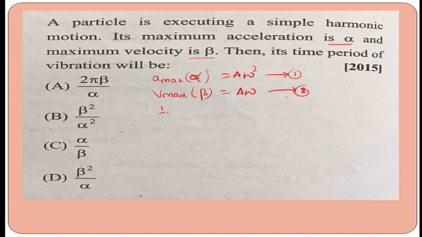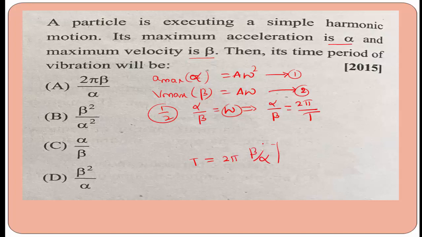Dividing equation 1 by 2, we get alpha divided by beta, it is equal to omega. Therefore alpha divided by beta is equal to omega is equal to 2 pi divided by T, and the time period T is equal to 2 pi into beta divided by alpha. Option